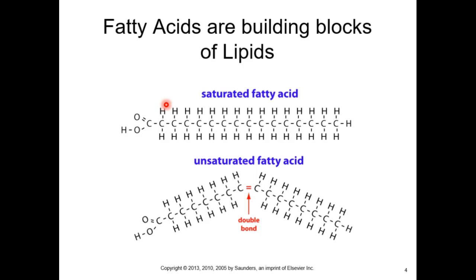Yes. So since the chain is shorter, it's easier for us to break down. That's the thinking, yes. I'm simplifying, but that is accurate, yes. For medium chain fatty acids, MCFAs, is what you would see in the literature. Yep, exactly. Most of our saturated fats are like animal fats, like the fat that you trim off chicken and things like that. But coconut oil is a saturated fat as well.